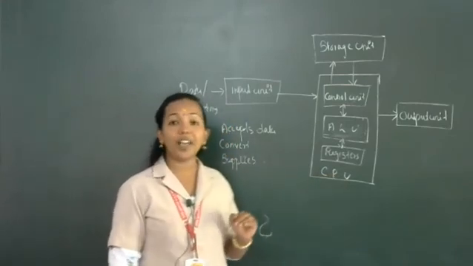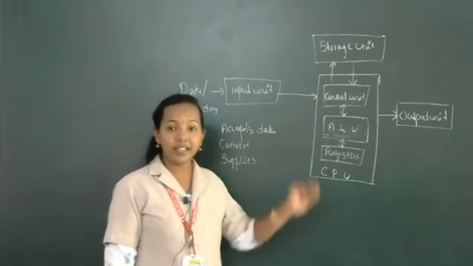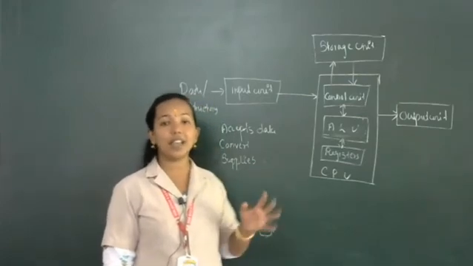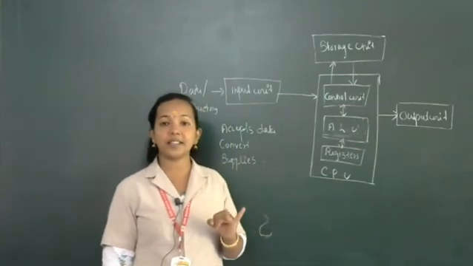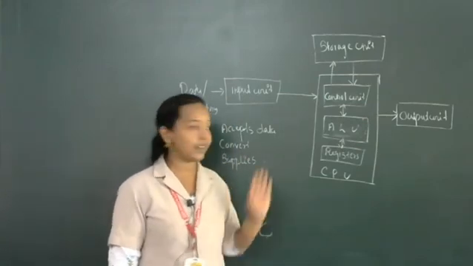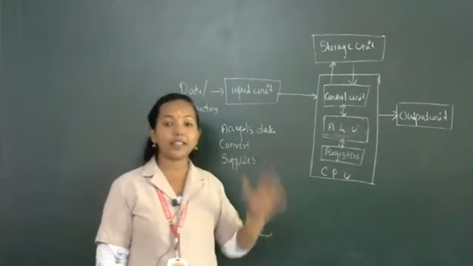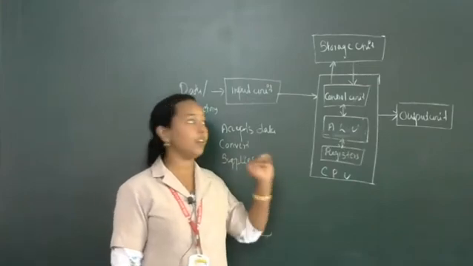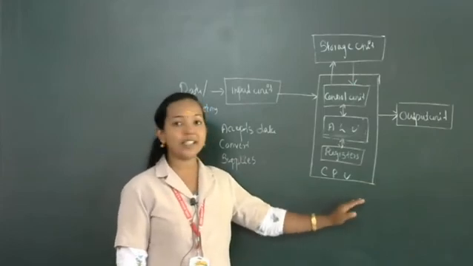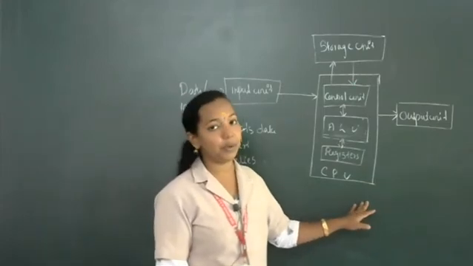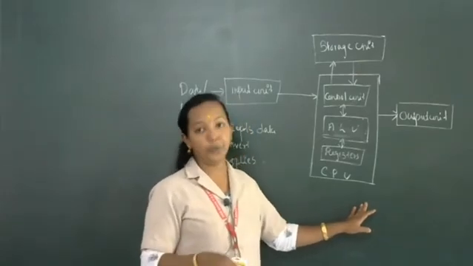And it is also known as the brain of computer, because the entire decision and also the entire processing is taking place inside CPU. That means decision taking, logical statement execution, calculation, whatever it is, everything is taking place inside central processing unit. Final result, intermediate result, everything is generated in central processing unit. So that's why it is known as brain of computer, because the actual decision taking place inside CPU.